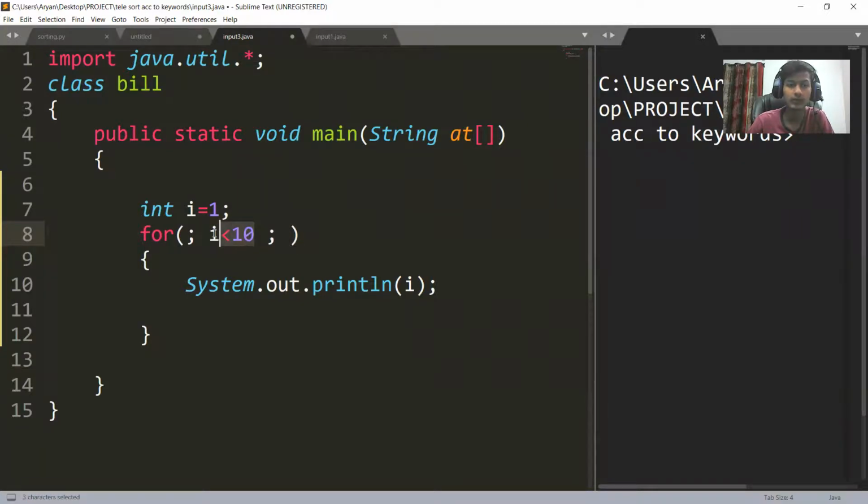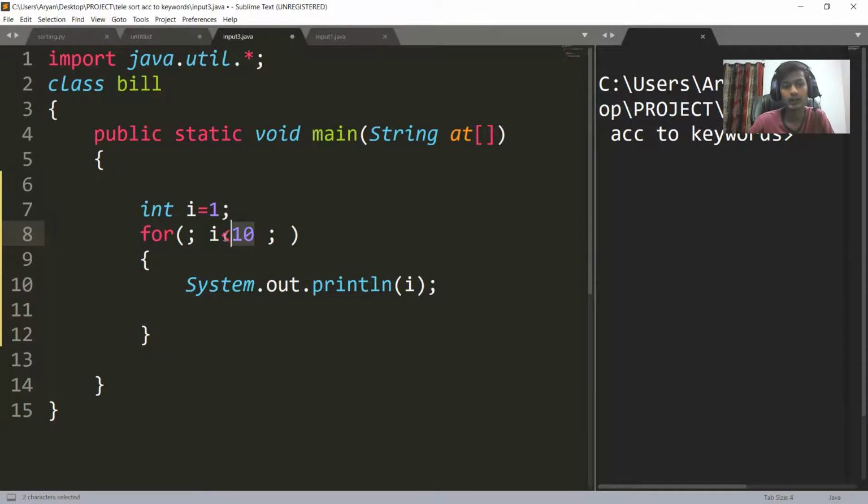condition to check whether the condition is satisfied or not. And because the value of i is not updated till now, this condition would always be true. If this condition is always true, then the body of the loop, System.out.println(i), will keep on executing infinite times.